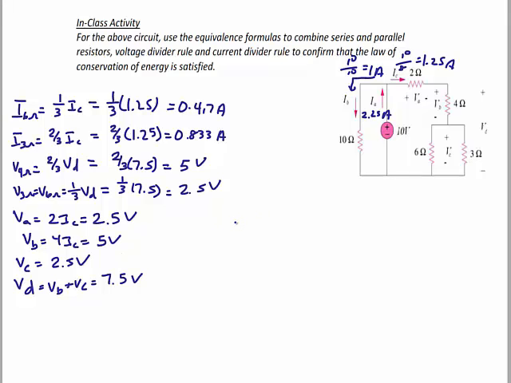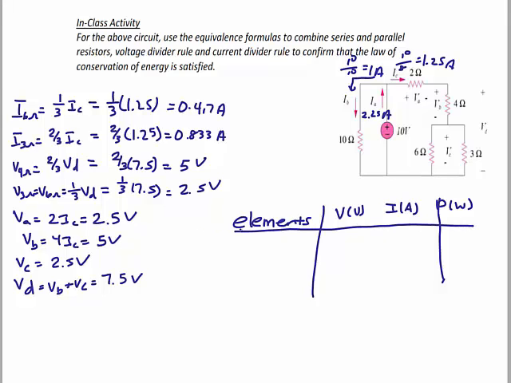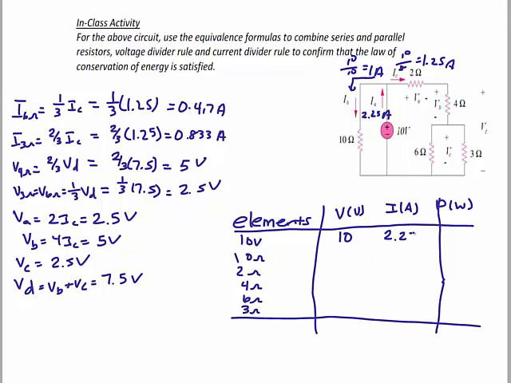So now that we have all of the elements on the circuit, let's check the power table. I make the columns, and then I write down all the elements: 10 volts, 10 ohms, 2 ohms, 4 ohms, 6 ohms, and 3 ohms. So the 10-volt source had a current of 2.25 amps, and it was the only element delivering power, so it's negative 22.5. The 10 ohm resistor had a voltage of 10 volts and a current of 1 amp, so it absorbs 10 watts. The 2 ohm resistor had a voltage of 2.5 volts and a current of 1.25 amps, so